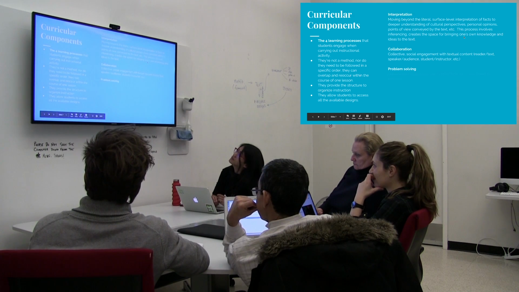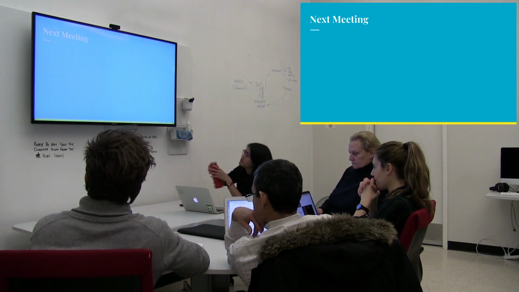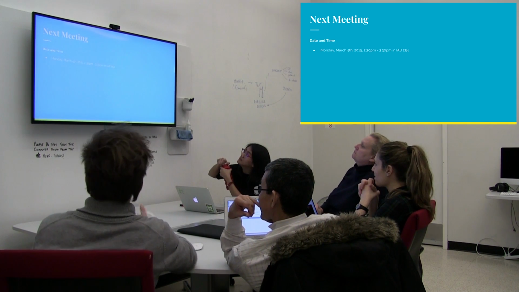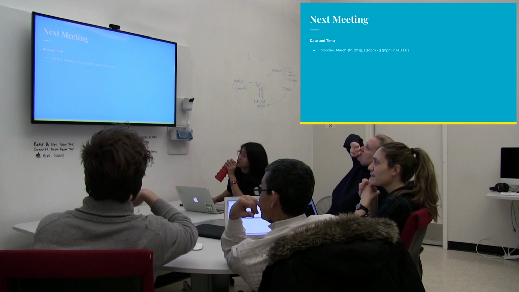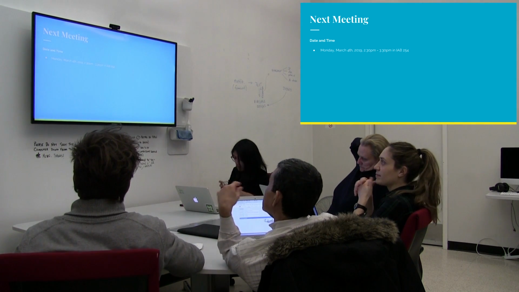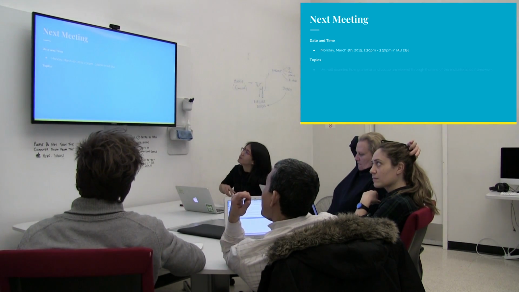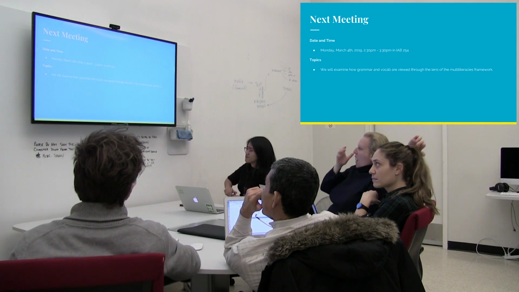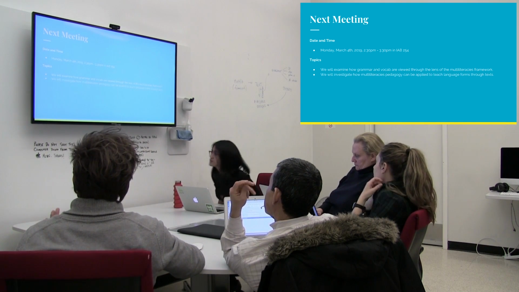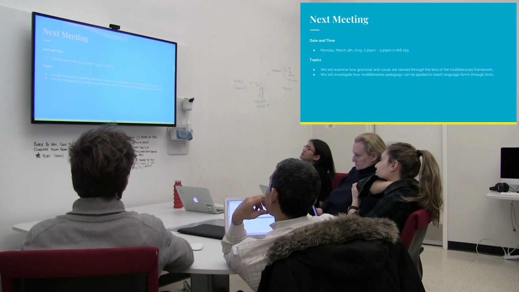Okay, curricular components. So we went over that. Next meeting, the next thing that's happening is the discussion group, 2:30 till 3:30. This is upcoming Monday, downstairs in 254. We'll talk about grammar and vocabulary, again in the context of the multi-literacies framework, and how we can use this multi-literacies approach